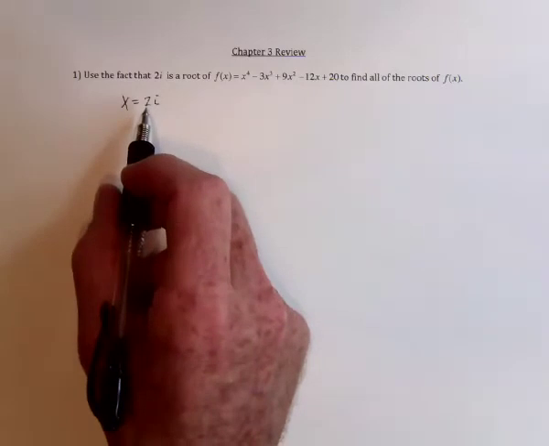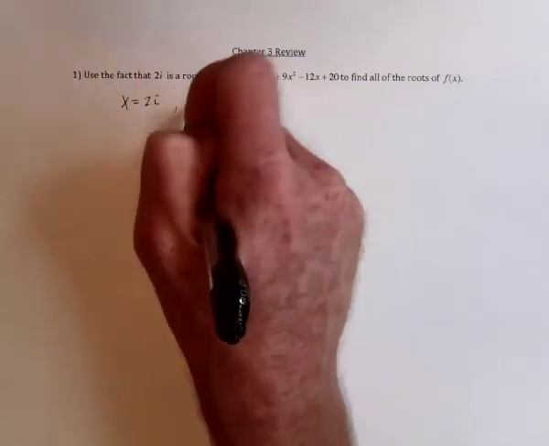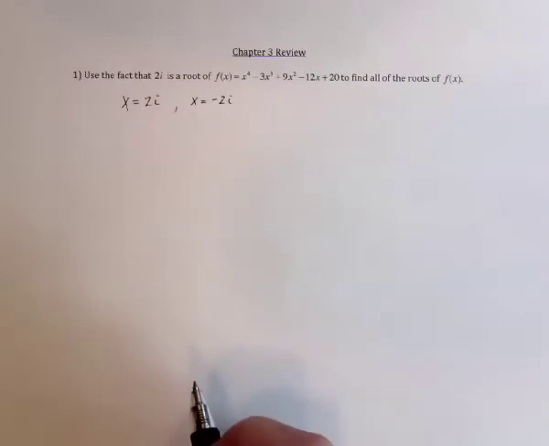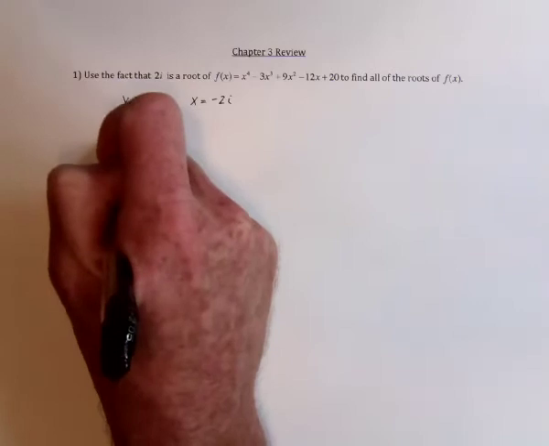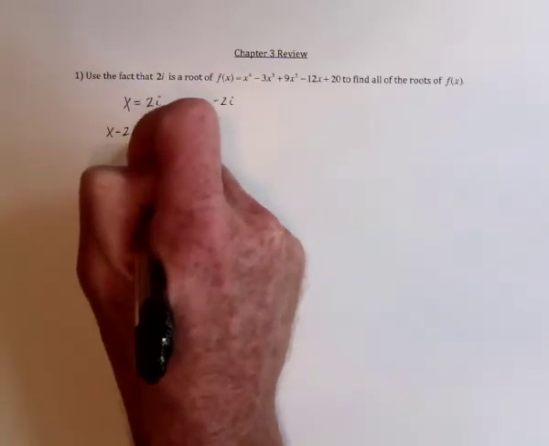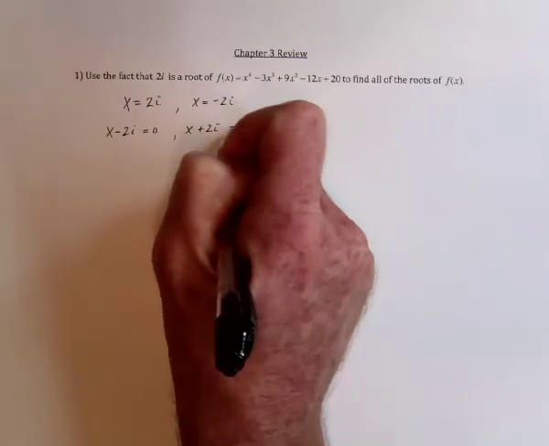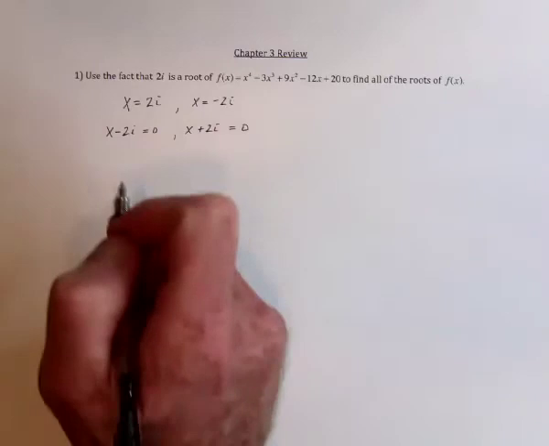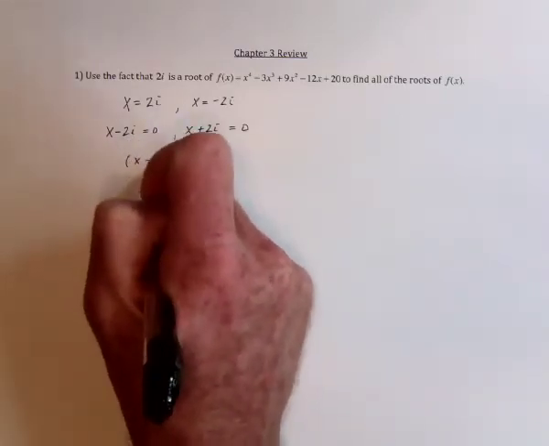Well, with this one, I know that there's 2 ways to look at it. I know that if 2i is a root, then its complex conjugate, negative 2i, also has to be a root. That means that if I move this to the left-hand side, x minus 2i is set equal to 0. Or, with this one, x plus 2i is set equal to 0. So I'm basically working backwards from a factoring problem. And that means that just before those were set equal to 0, it was factored